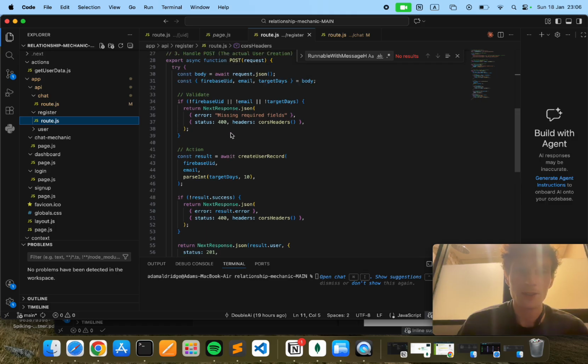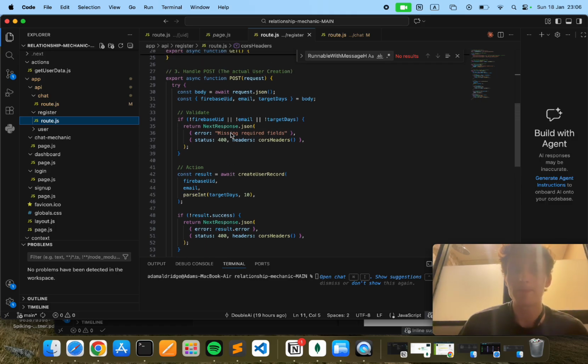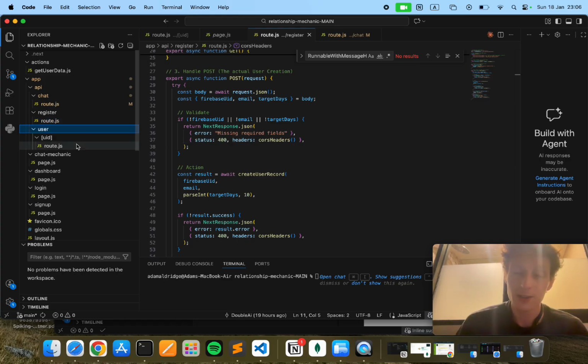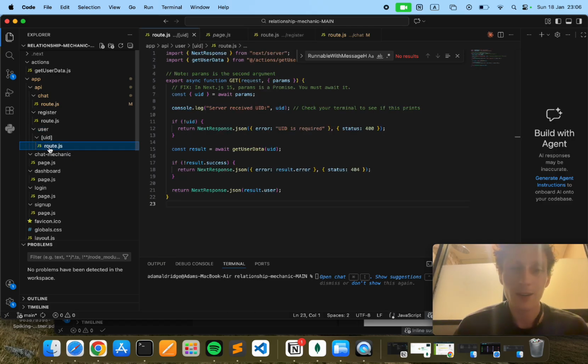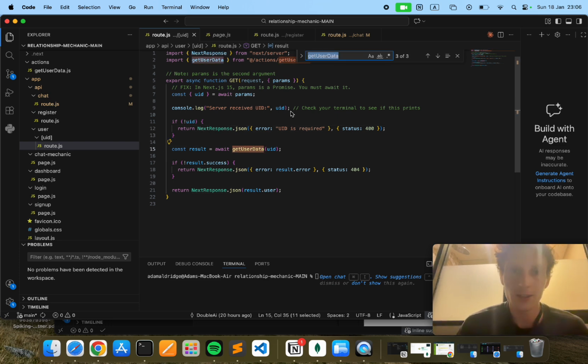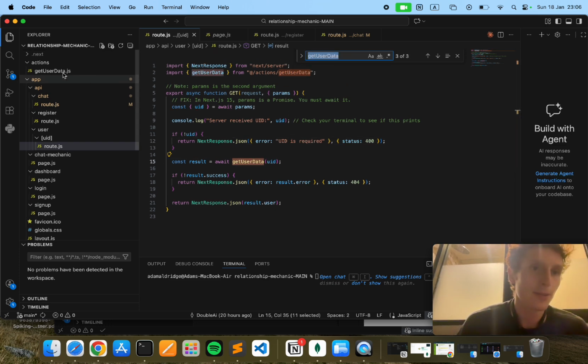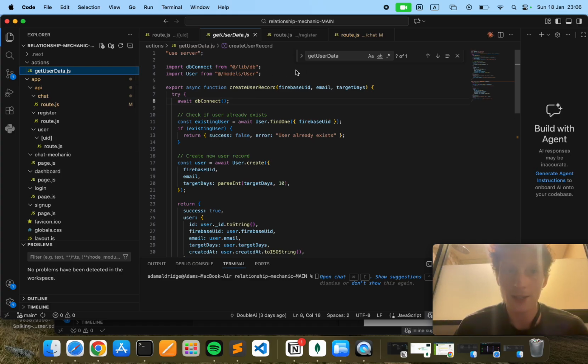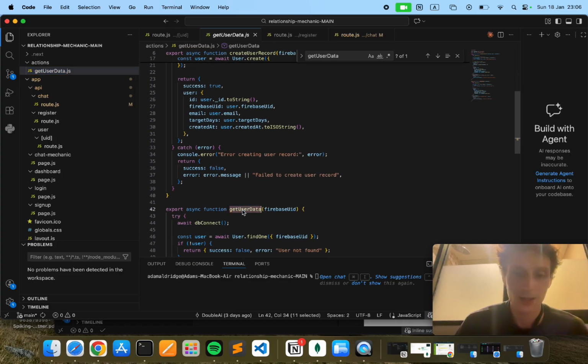Yeah, so it's connecting to the web app, which is interesting, and it's doing that also to get the data if you just log in directly. So that's for registering, whereas this is for just logging in. So it's /API/user/UID, which is going to be the specific UID of that user, and then the route. So this is going to get their data. So get user data, which is from actions get user data, which is here. So actions get user data, get user data